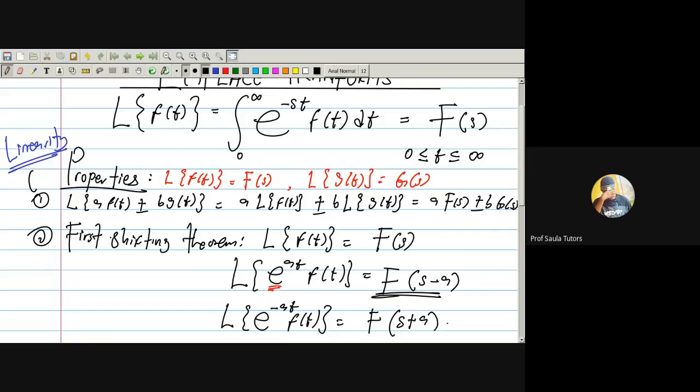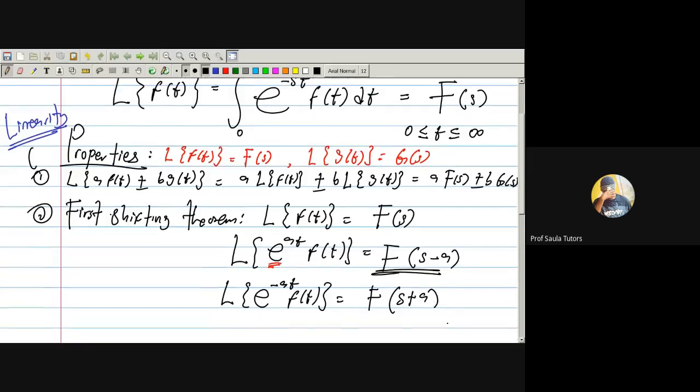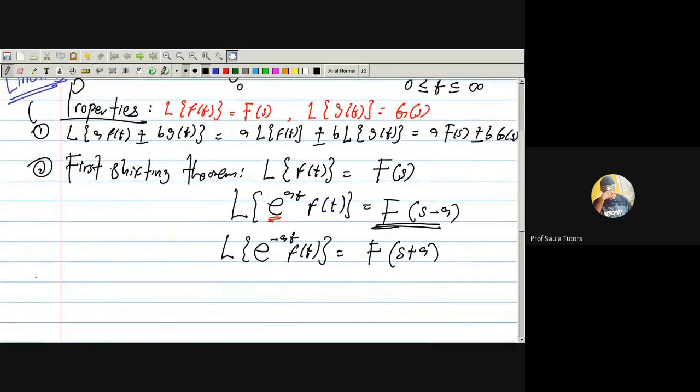Don't worry, you will understand what this means later. Just take note of this. This special property is very important, very, very important. Next one, number 3,